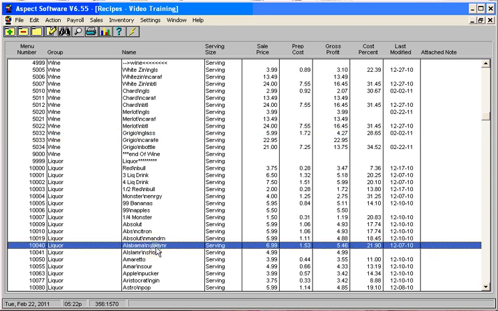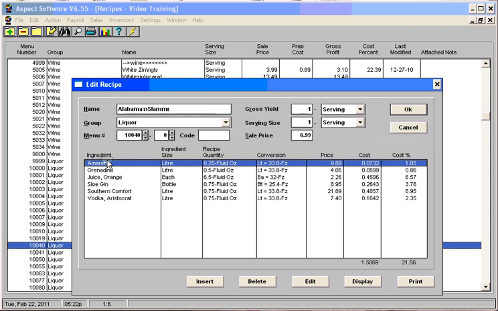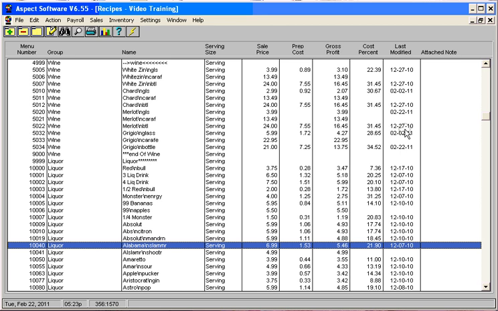So there are 3 or more examples of how to start doing your bar recipes. If you're looking for drinks, Alabama Slammer, for example, you could see this as an example. 0.25 Amaretto, half ounce grenadine, and so on. In the next clip, we will go over batch recipes and some of the food